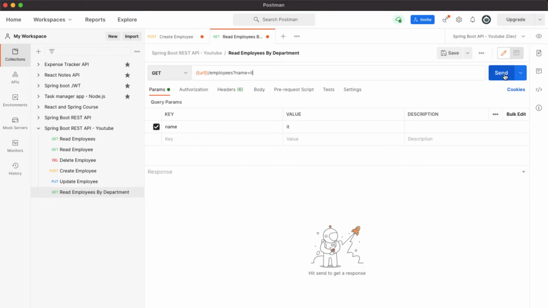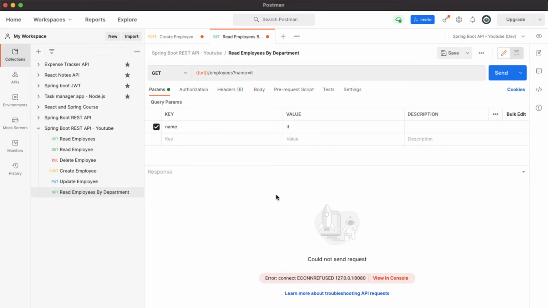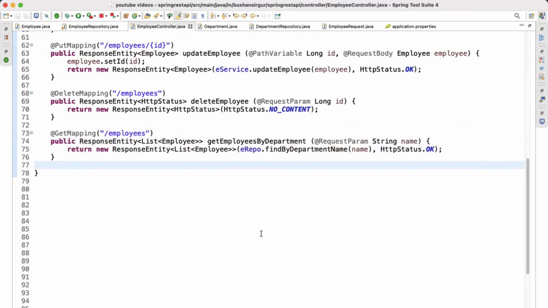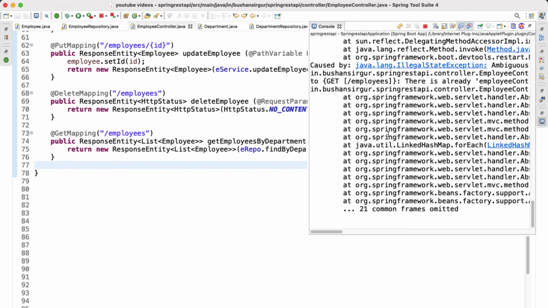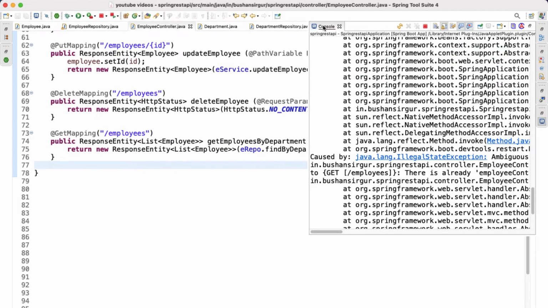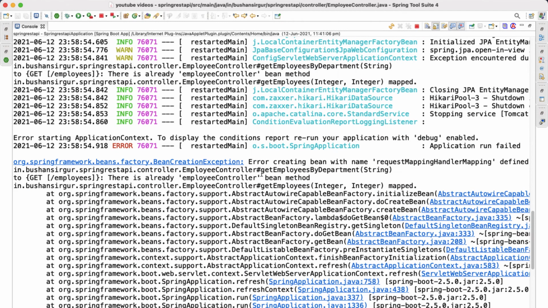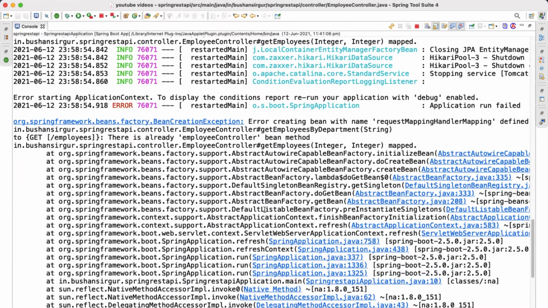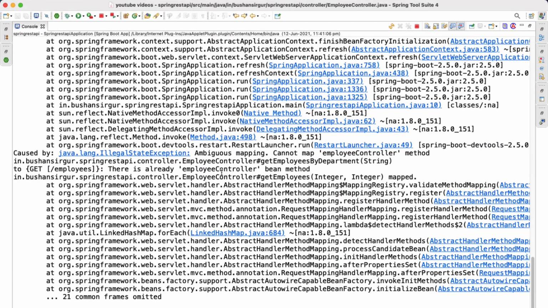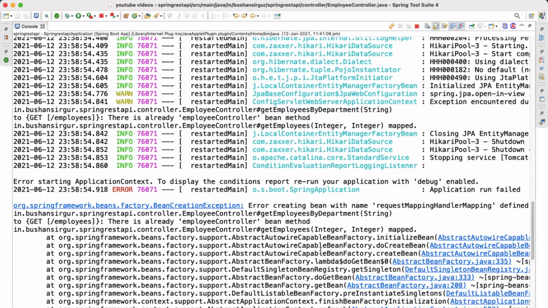When we click send, we should get the 2 records, but something is wrong. We are getting an exception. Let's expand this. Okay, ambiguous mapping, cannot map the employee controller method.